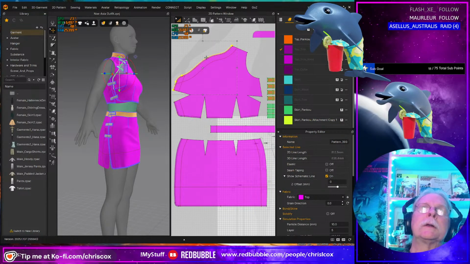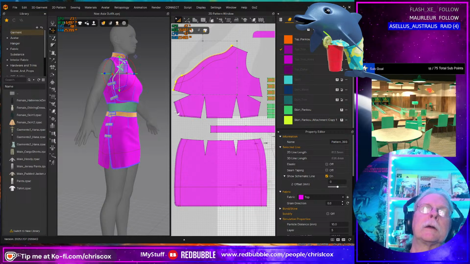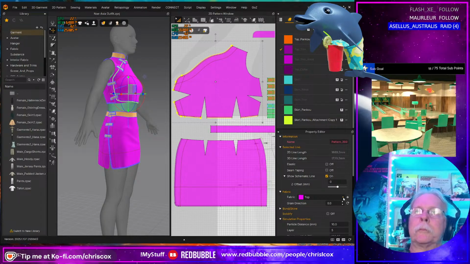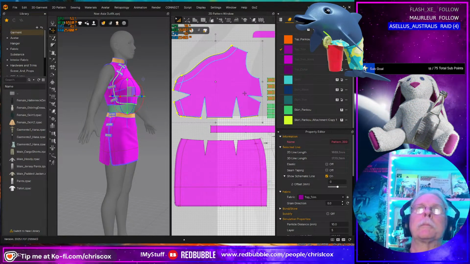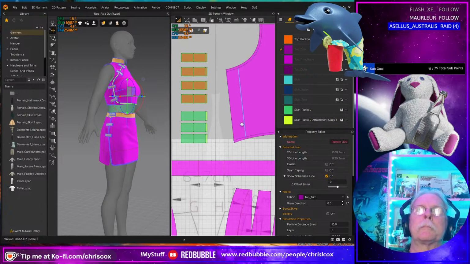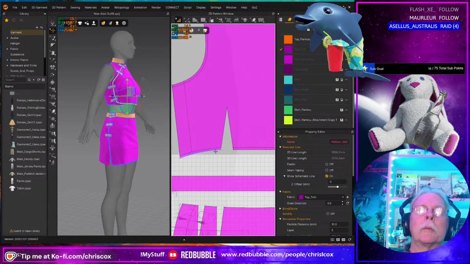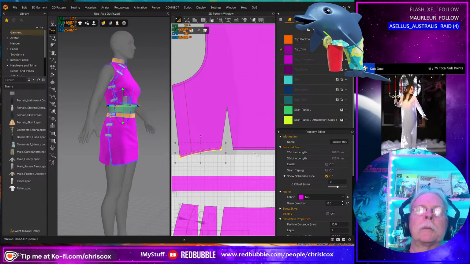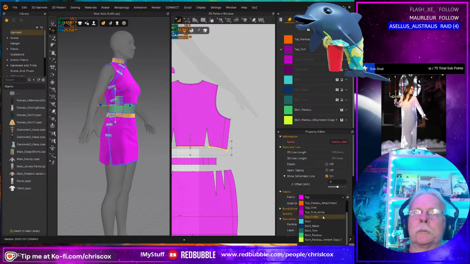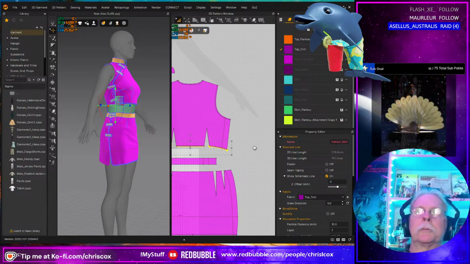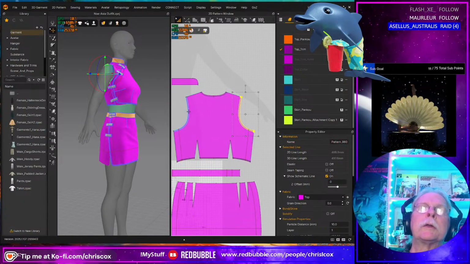So basically that. These here, that, that. Top trim arms, right there, right there.